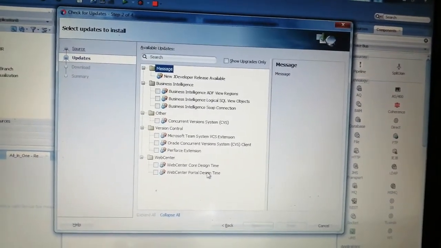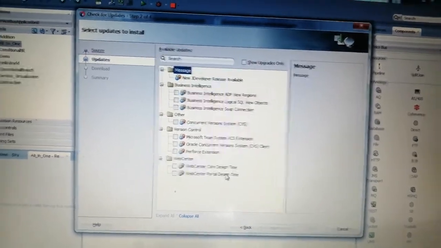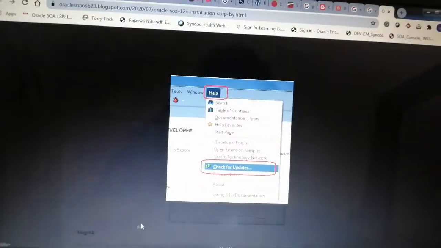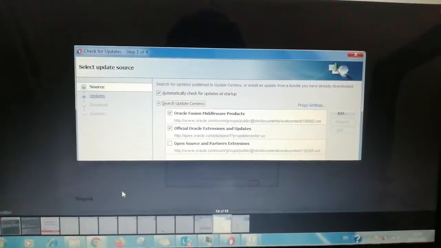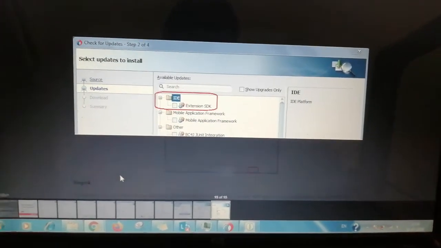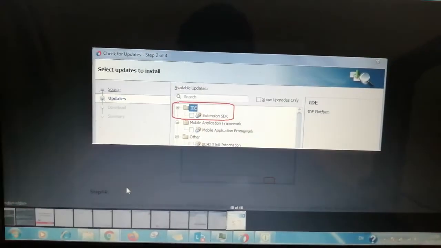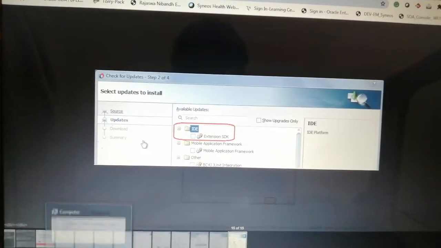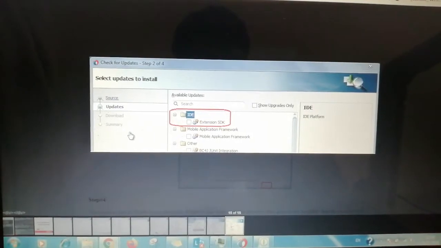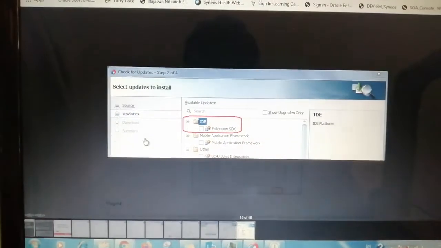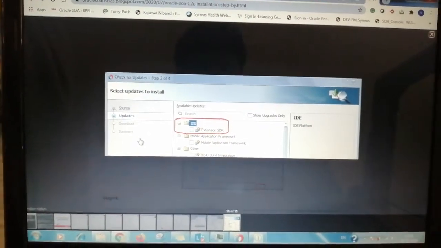For me it's already installed, but if you are doing it on your system, this IDE extension SDK will appear. You need to tick mark it and click on the next button. It will install properly, a pop-up will come, and you need to restart your JDeveloper. Then the 12c installation will be finished.